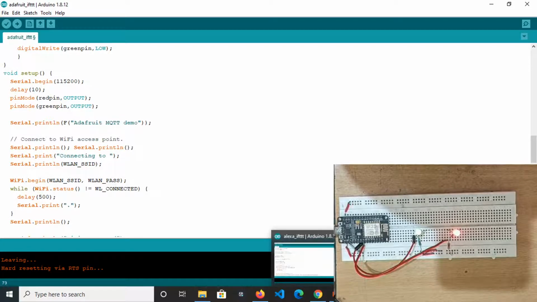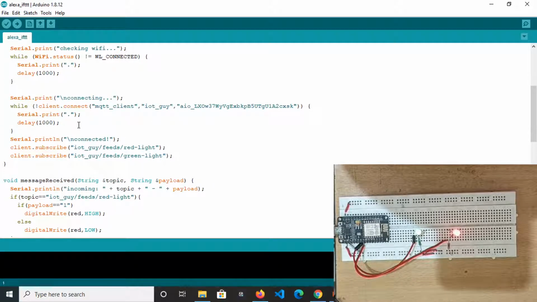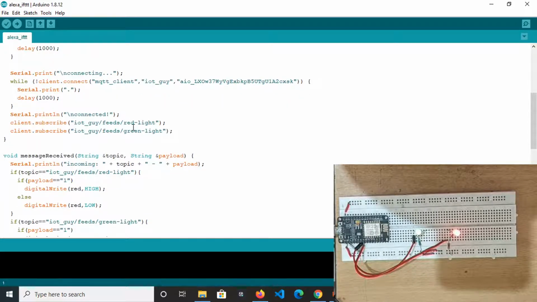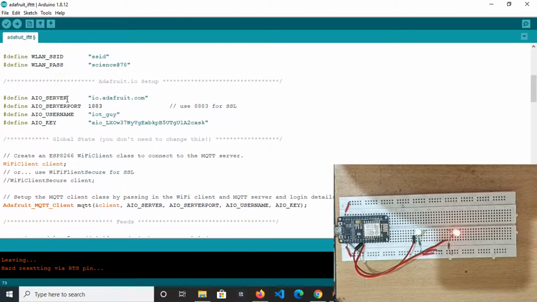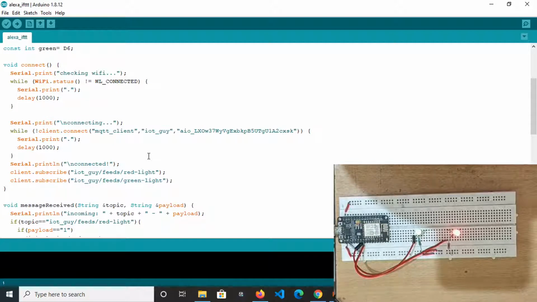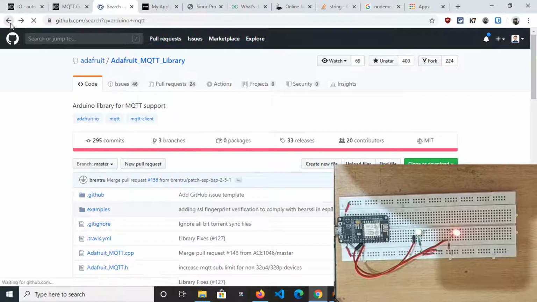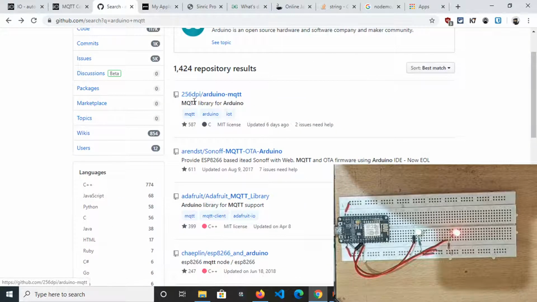And I have also written one more sketch. Check it, Alexa_IFTTT. This sketch is basically using the MQTT.h library. This library is quite popular and is a good one. In that other sketch you are not doing many things, everything is configured very clearly, but in this sketch you need to know in more detail about MQTT and how you need to connect using the username and password, and you need to study the library first. This is the library I am using, and this is the library you should use actually. This one has 587 stars, it is written in C.